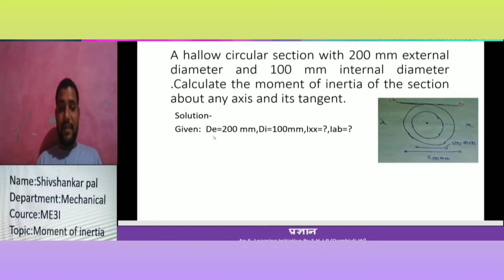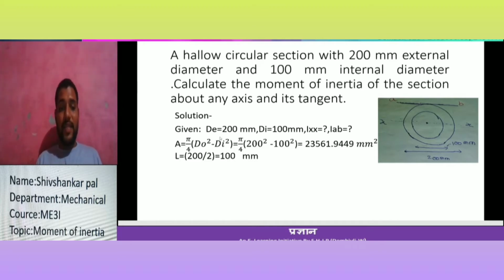dE is the diameter of the external, and di is the diameter of the internal. Ix is the moment of inertia about any section. Basically, for simplicity, take the moment of inertia about the x axis. You also know that for a circular section, the moment of inertia about the x axis or y axis is the same. For simplicity I will choose the moment of inertia about the x axis, because our tangent is parallel to the x axis.